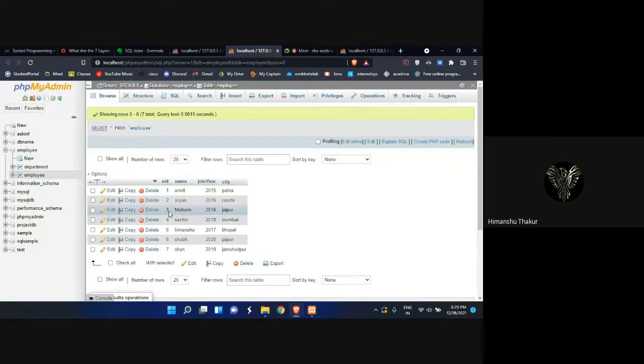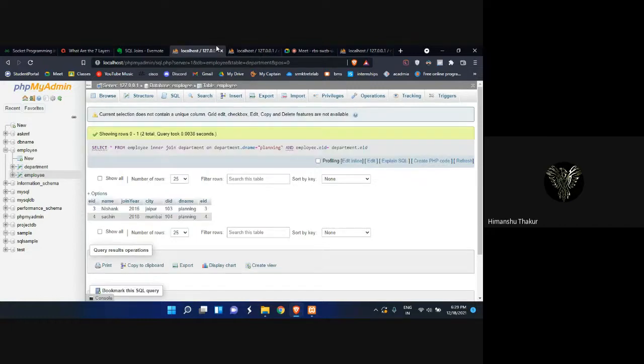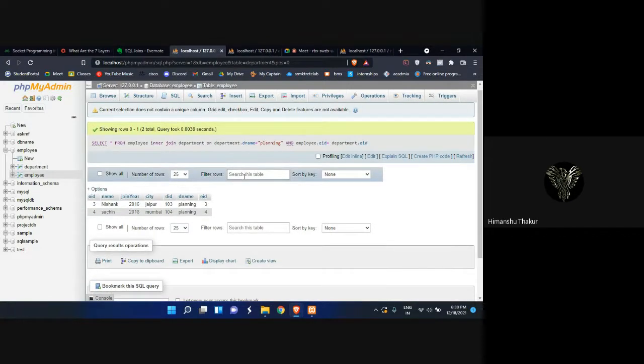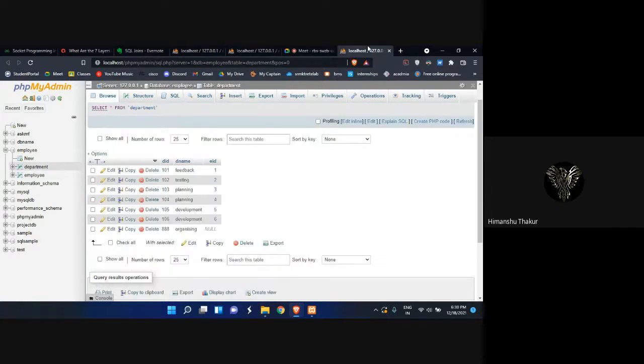If the employee ID matches with the employee ID of this table and the department name is also matching, then only it shows the record. Earlier, it was just showing all the records. Now I just want to see the employee details which have the planning department, and their employee ID in the department table.